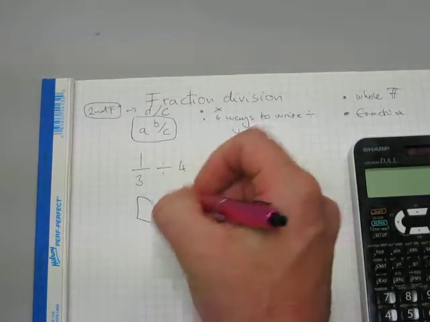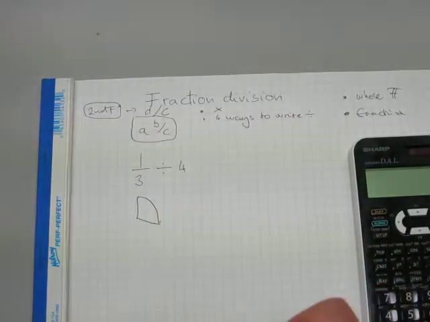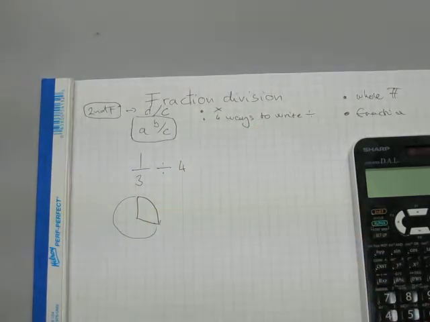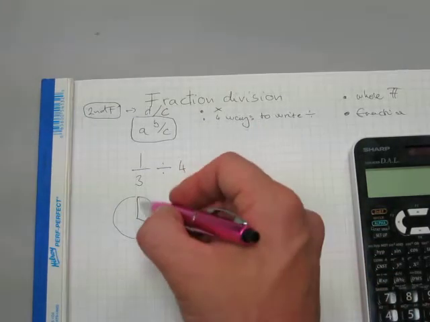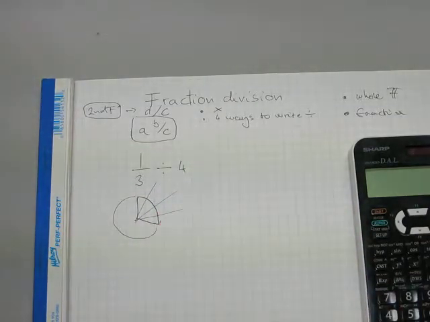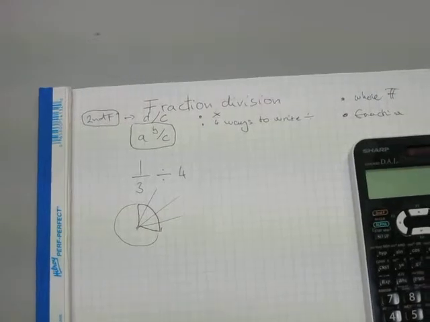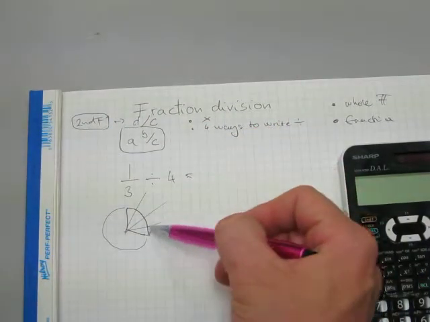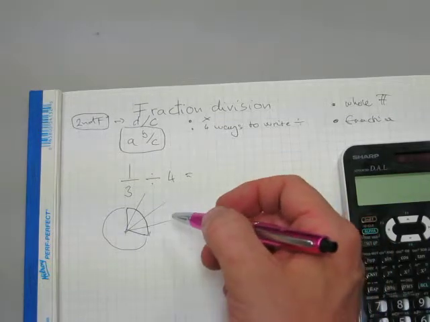Here is 1/3 of a pizza pie, or a pizza slice, 1/3 of a pizza, and this 1/3 should be shared equally among 4 people, like so. In essence, we are asking, when 1/3 is divided into 4 equal parts,